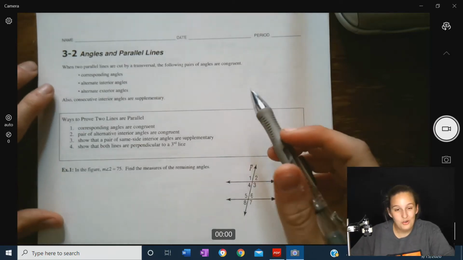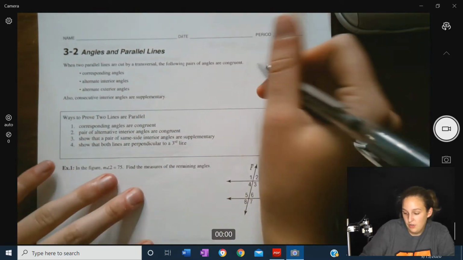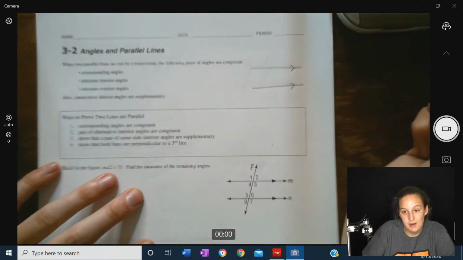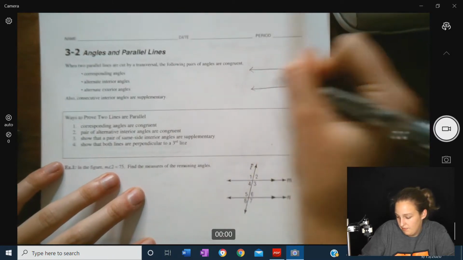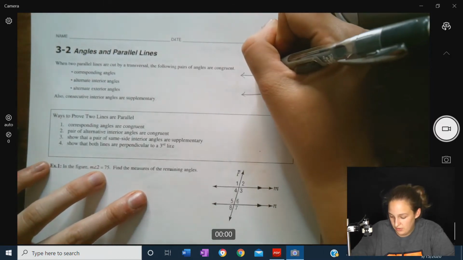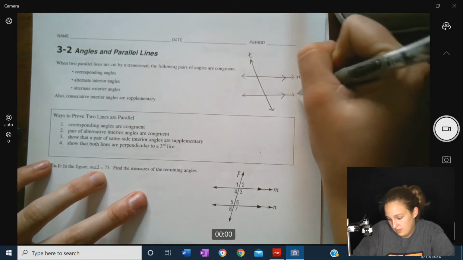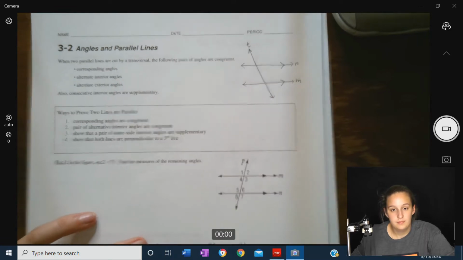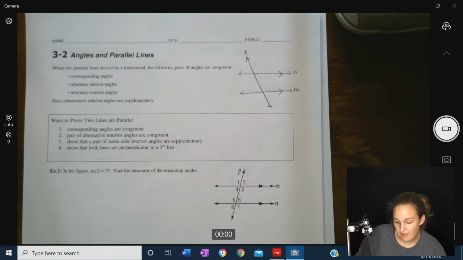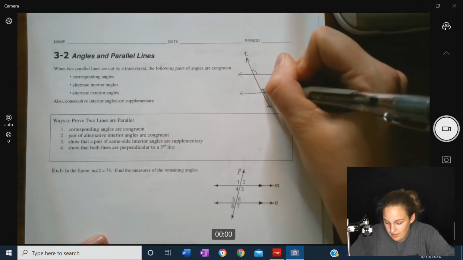So the cool thing is if you cut two parallel lines with a transversal, and remember you use this little arrow to symbolize parallel lines, and these can be, all right, if you cut them with a transversal, so another line, this is our transversal, then the following pairs of angles are congruent. You have corresponding angles. So corresponding angles, remember, would be like this angle and this angle,